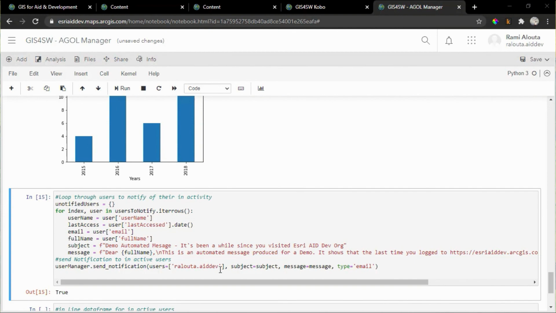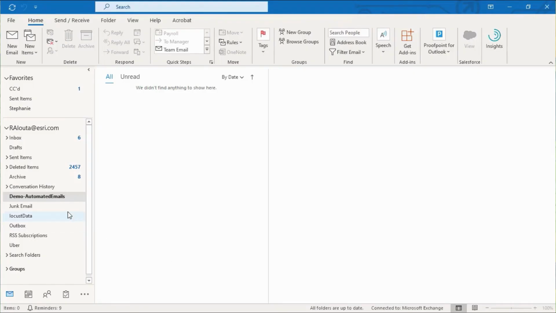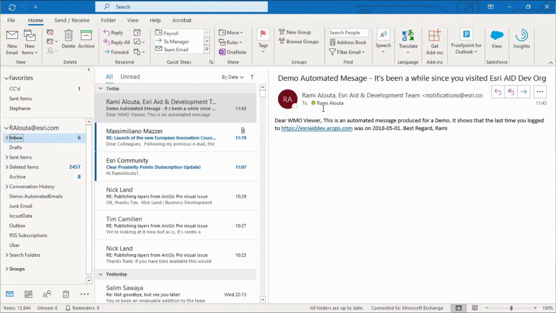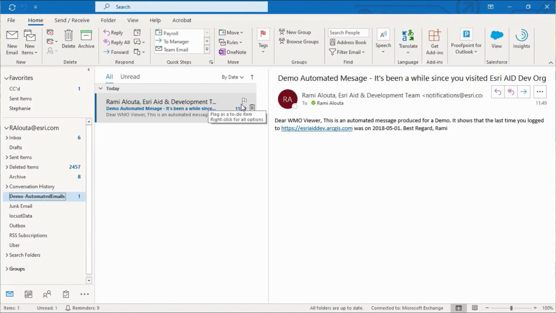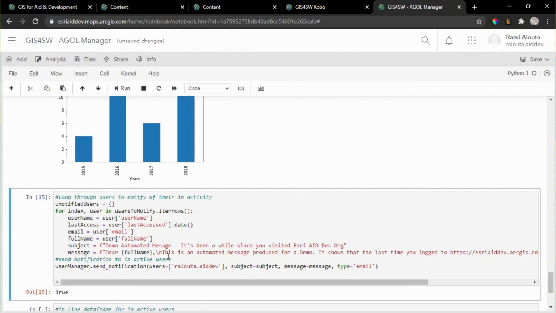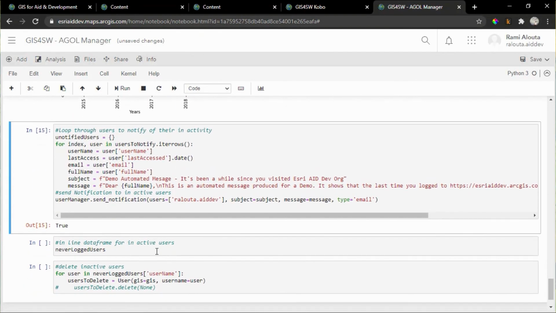The next thing I want to do is go to my email and look up the message. And it says here, dear WMU viewer, this is an automated message produced for demo. So we are able to see that message. And actually the one I just sent came in at this time. And I can see that the user was notified on his activity. Moving forward,